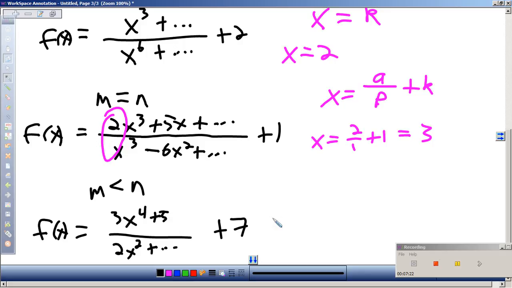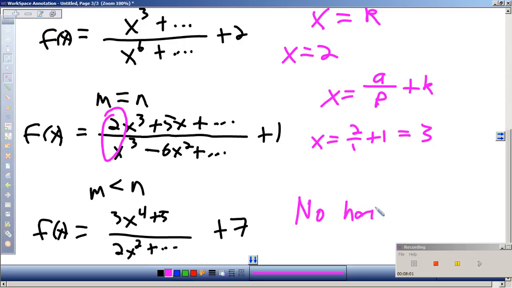Anybody? So which is growing faster, top or bottom? Top. So let's say if you had a billion cubed divided by a billion squared. Now if I put a bigger number into that, is it going to get bigger or smaller? A trillion? So in this case,